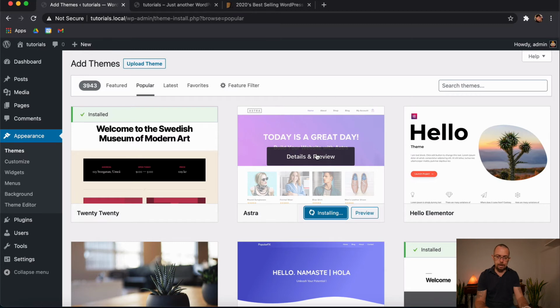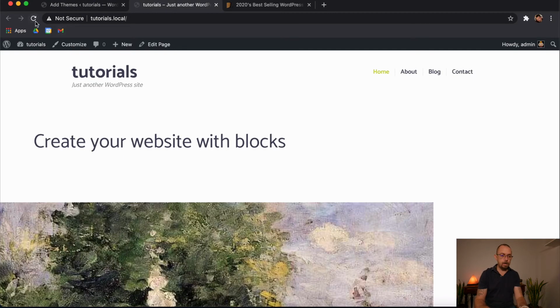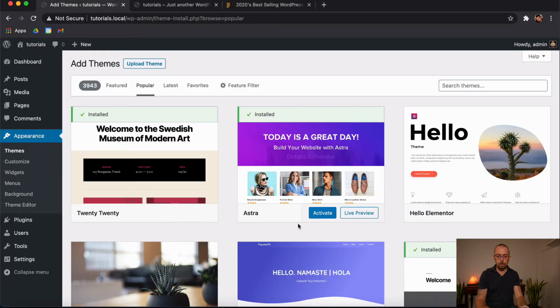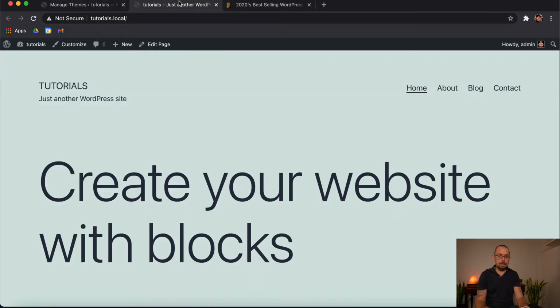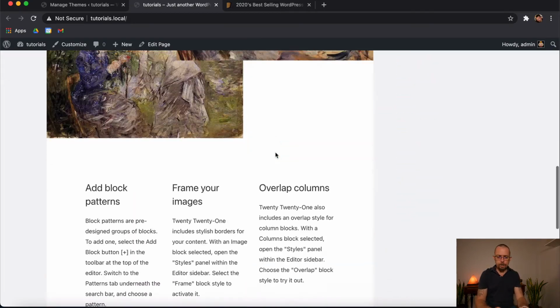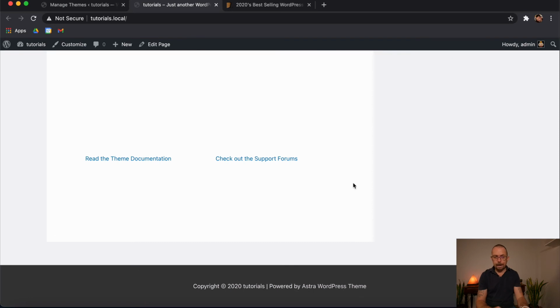This might take a couple of seconds. Okay, and then I'm just going to activate it. So currently we've installed it. Now I actually want to activate it, because if I come to my current website, you'll still notice that it's the 2021 look. So I want to activate it. Now it's activated. If I come back, it'll look a little bit different. But again, where's all the content? Why is it not looking like what it did on the box? We've got the header, we've got the footer. You can see it's powered by Astra.